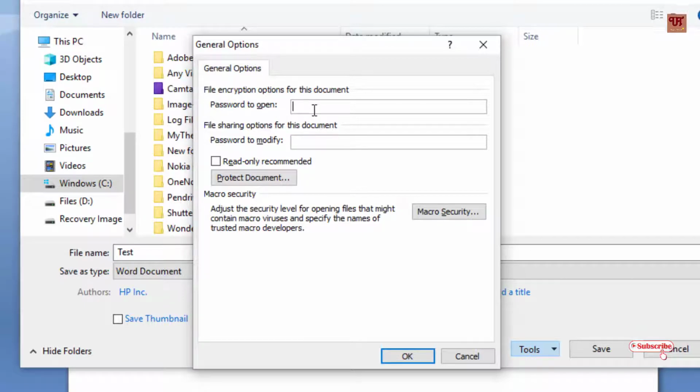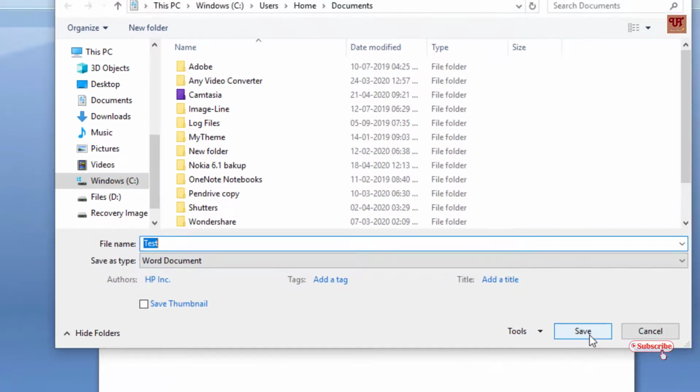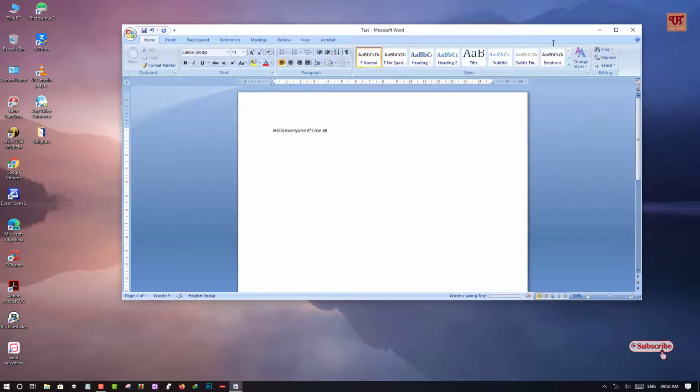So put the password. Once you're done, click OK. Now retype the password. Once you are done, click OK. Now click save. What you need to do now is just close this Microsoft Word software,